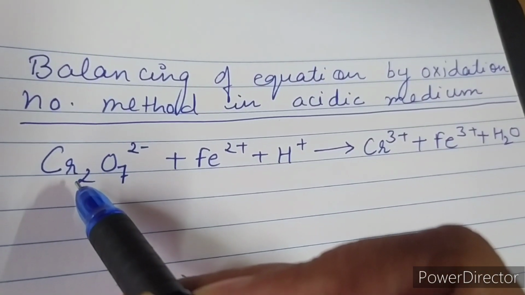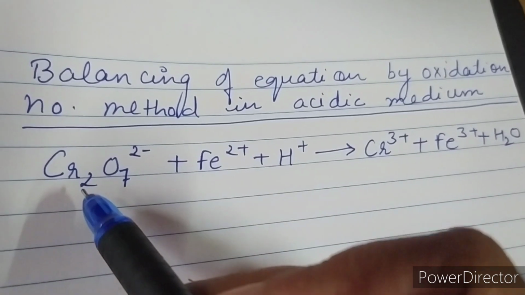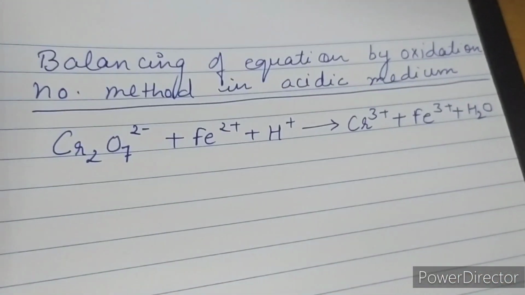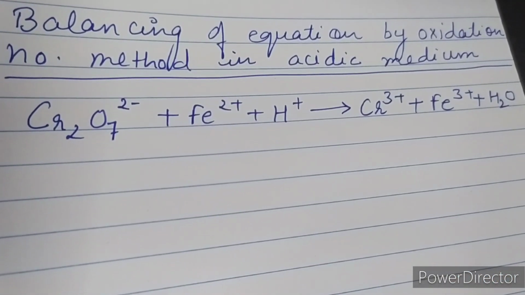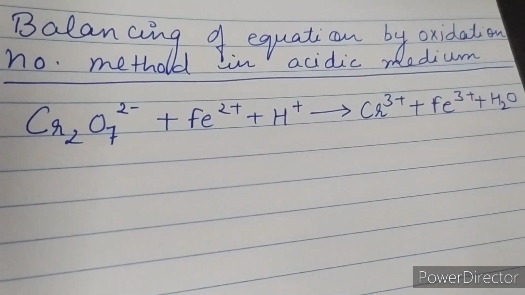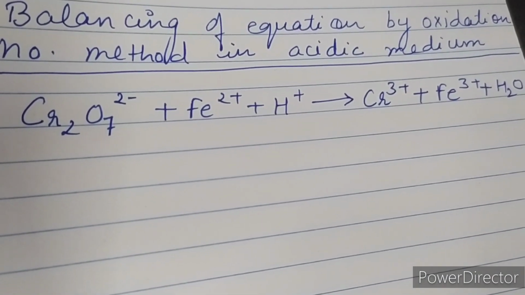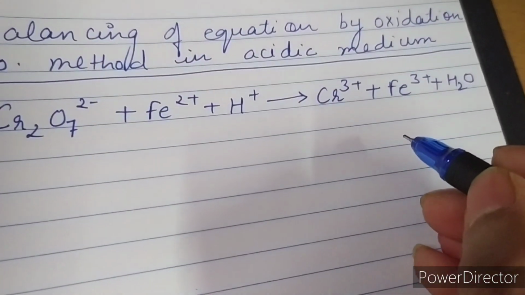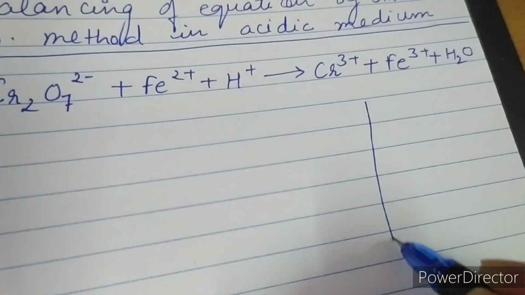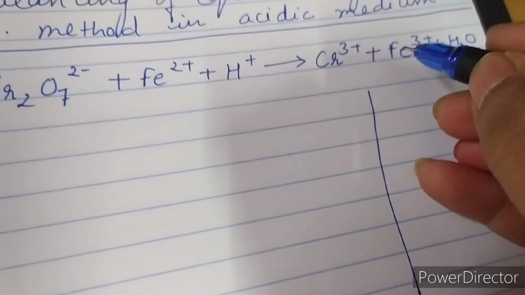Here we have to find first the oxidation number of chromium. So by using the method that I have told you before in the video, consider it as X and find the oxidation number of chromium. So let's find it out by taking it as X. Here I am using a rough work,